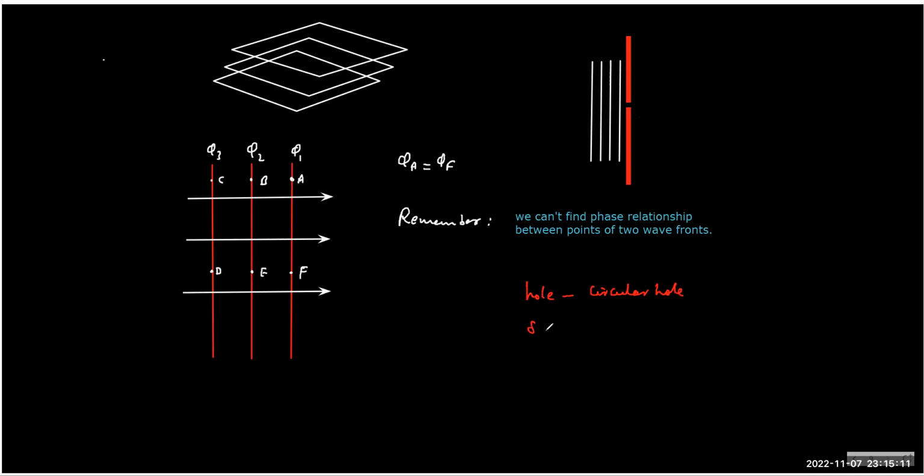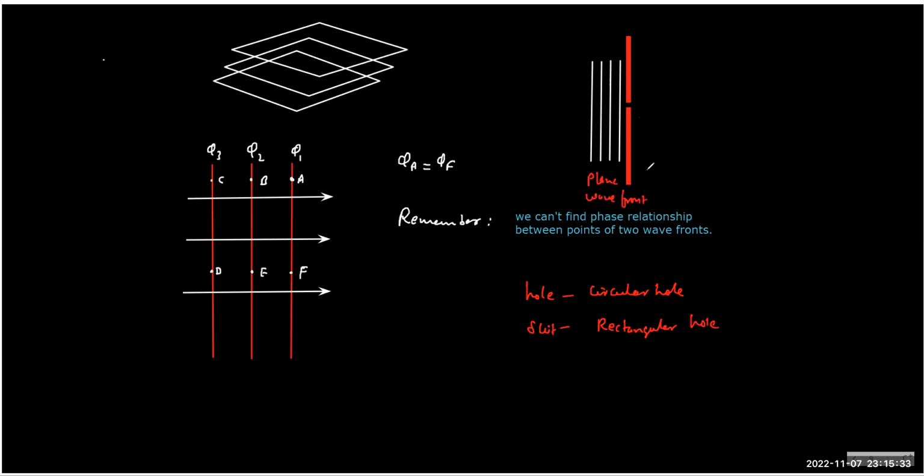But when I use the word slit, it is a rectangular hole. I hope the meaning is clear. Now, what Huygens said is that the moment you block a wavefront, let's say this is the plane wavefront,